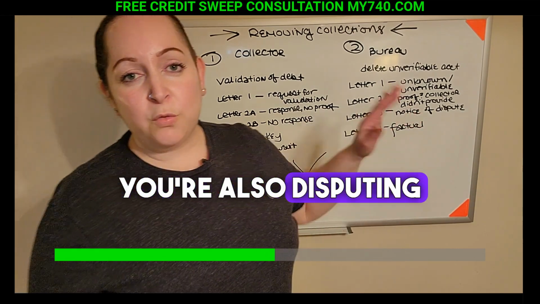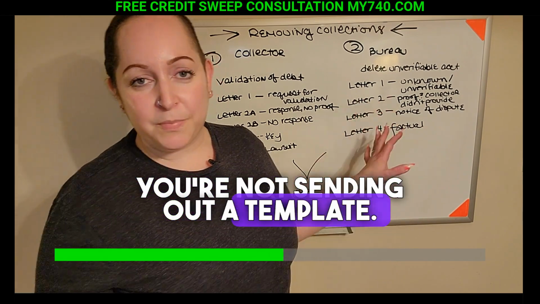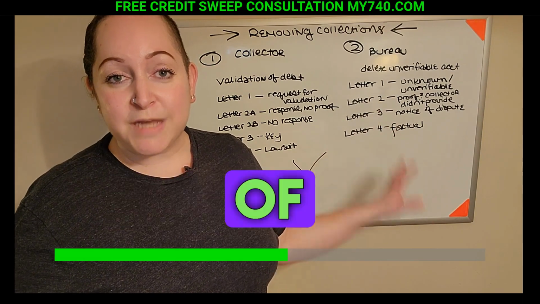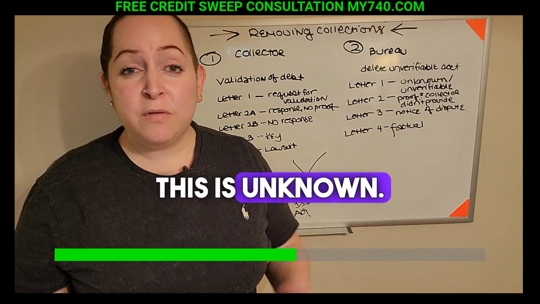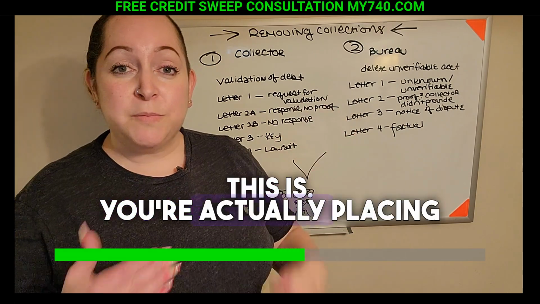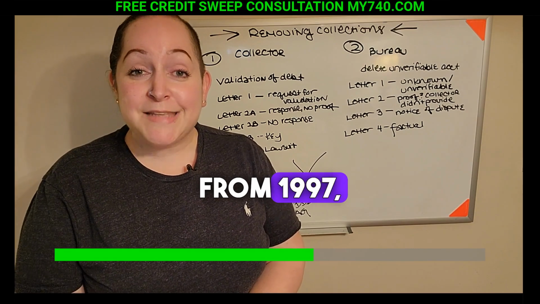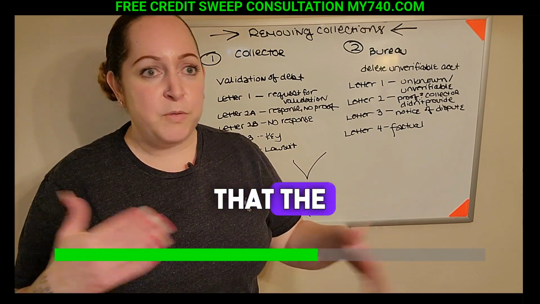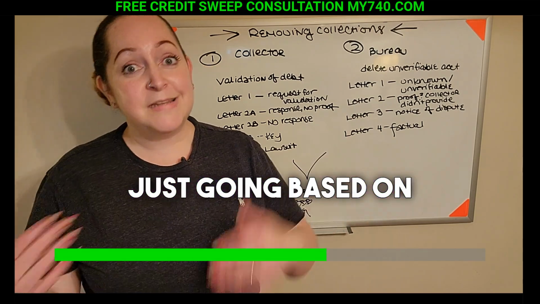You're also disputing with the bureaus, but there's a huge difference. You're not sending out a template. You're not sending in a validation of debt request. What you're doing is on letter 1, you're actually going to say, hey, this is unknown. You're unable to verify it. You just need to remove it. I have no idea what this is. You're actually placing the burden of proof on them as per Cushman versus TransUnion from 1997, where Congress stated that the bureaus actually have to do some sort of actual investigation instead of just going based on the data furnisher